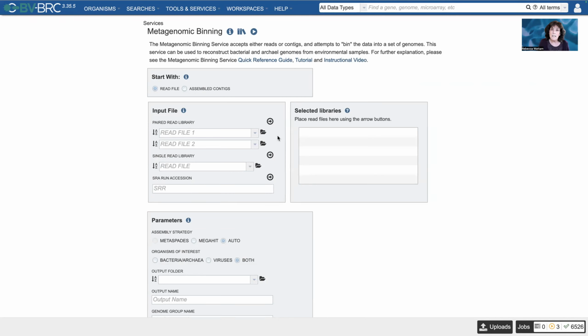And those read files are uploaded into my workspace at the Bacterial and Viral Bioinformatics Resource Center, a service that I really like because I am not a bioinformatician. I cannot do any coding. So I rely on this resource pretty heavily for most of my analyses. But you can see down here, these are the number of jobs I've run, over 6,500 jobs during the course